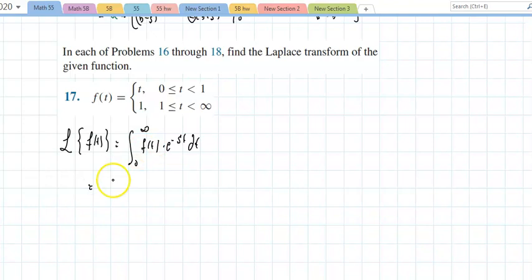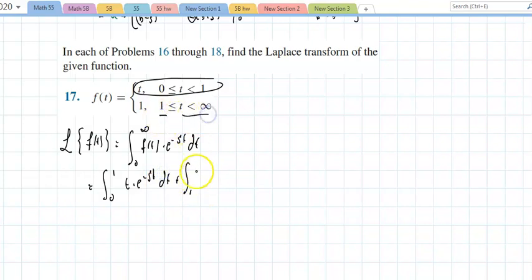dt? Well, t is defined, if you run from 0 to 1, that will be t times e to the negative st dt plus the integral from 1 to infinity, and that will be 1 times e to the negative st dt. And I could go to the previous problem and just copy down how this works. This right here would be a negative t e to the negative st. We just did that up in example 4, the very first example we did, minus e to the negative st